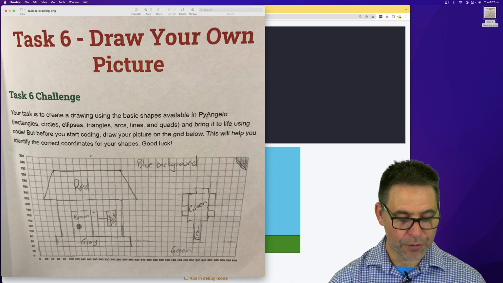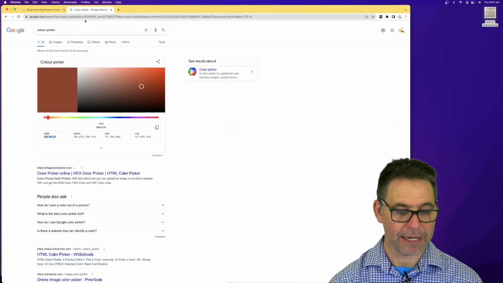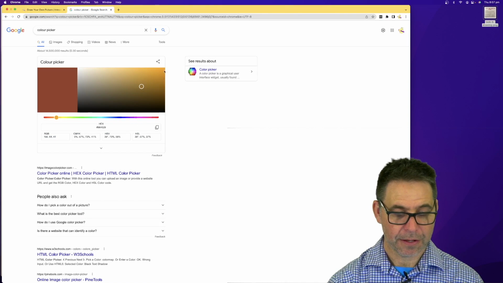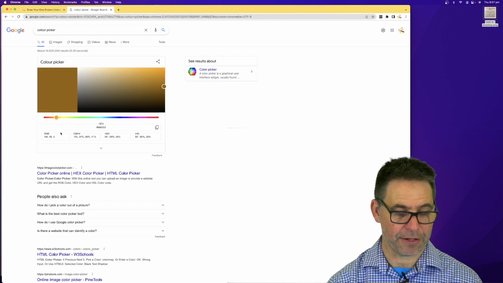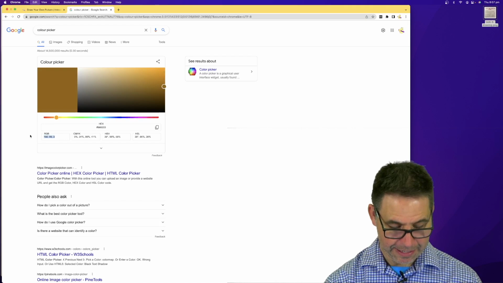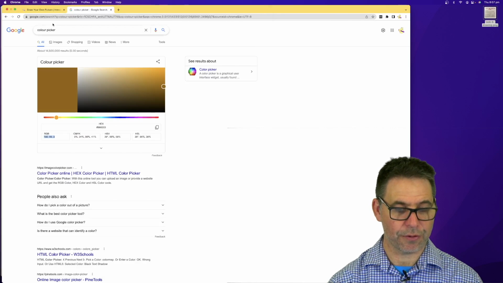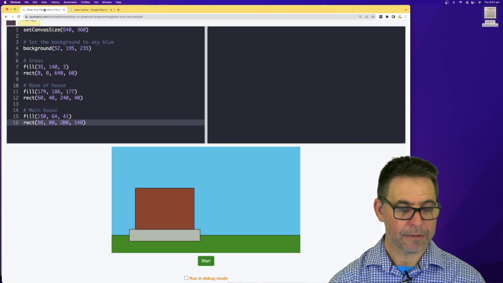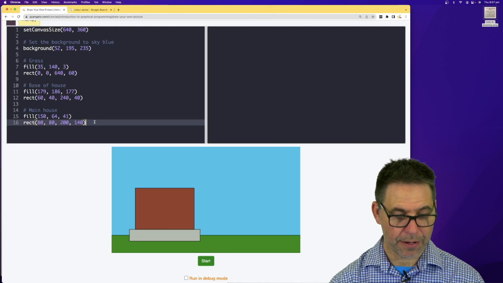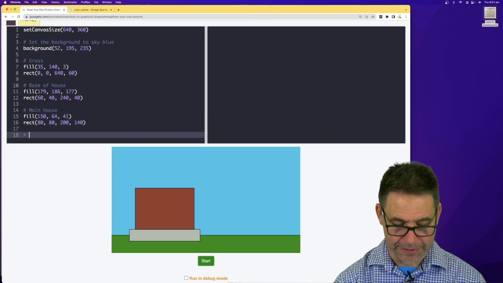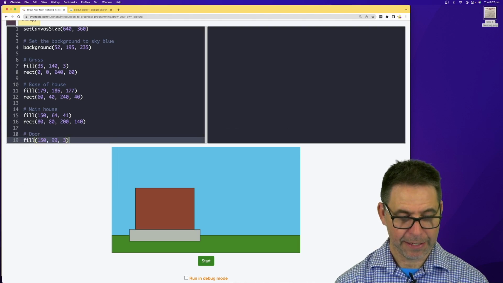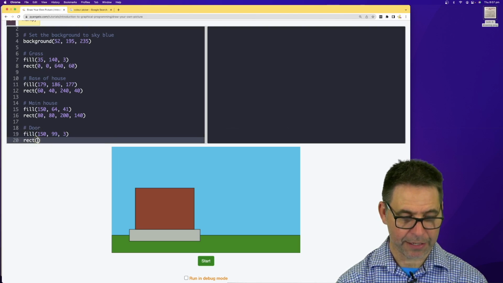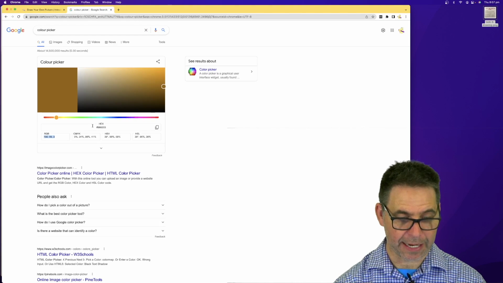Now I might draw the door some kind of brown color. Let me see. Maybe a darker brown. Yeah, I like that. So now let's draw the door. This is actually quite fun, isn't it? Door, I'm going to fill it again, that color, and the rectangle. Now the door starts at